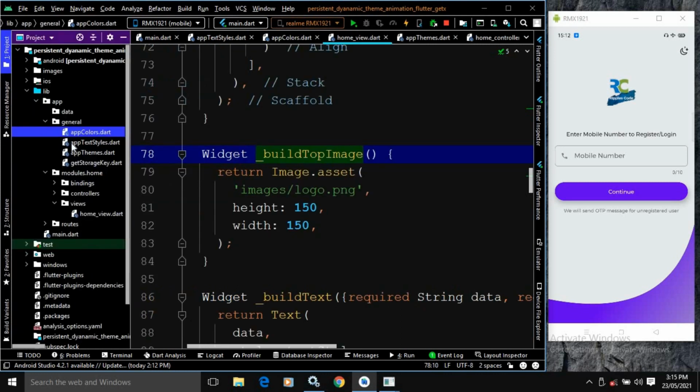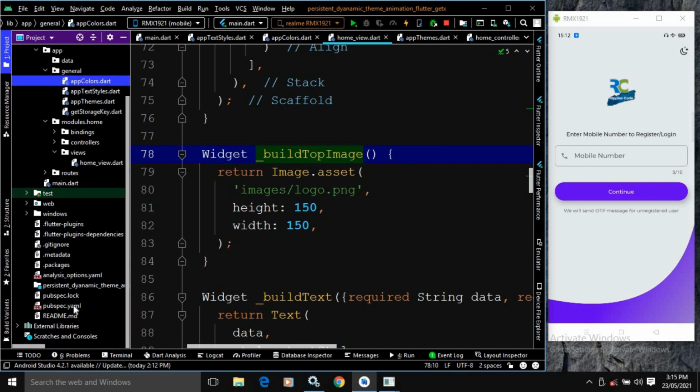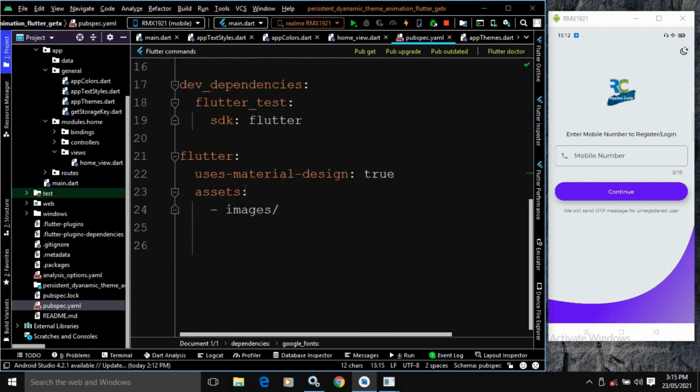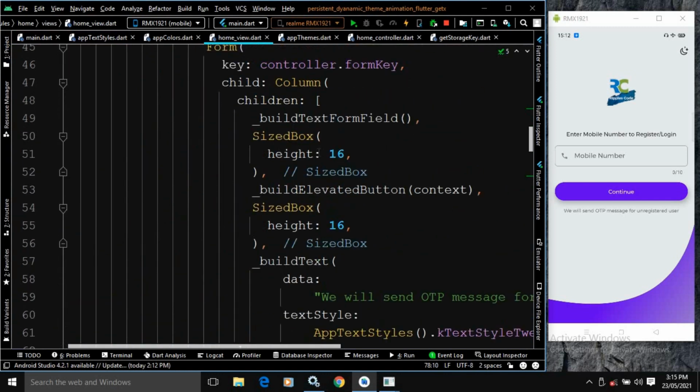If I go to the project folder, then you can see I have taken this images folder, and inside this images folder I have taken this logo.png, and this entry I have done in the pubspec.yaml file as well. You can see here inside the assets I have written images/. This means I can take all the images from the images folder, right?